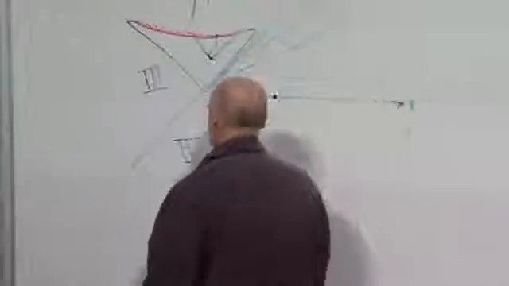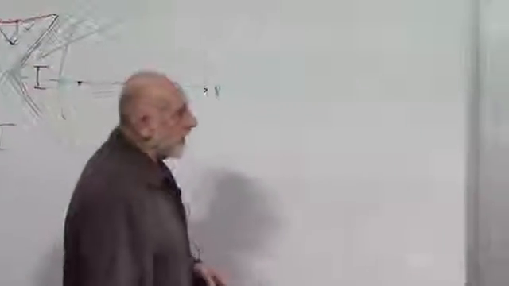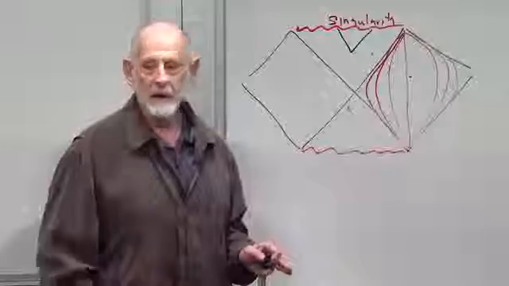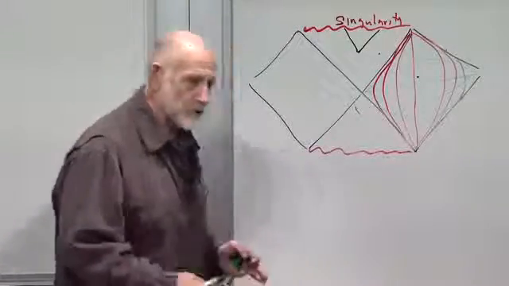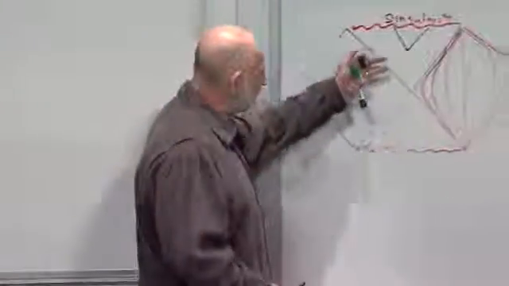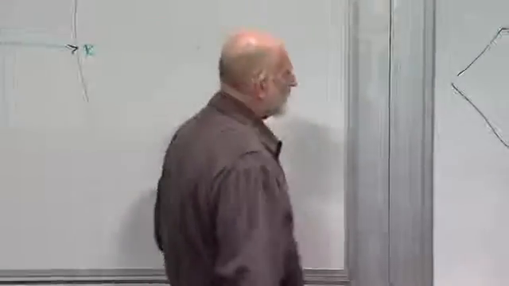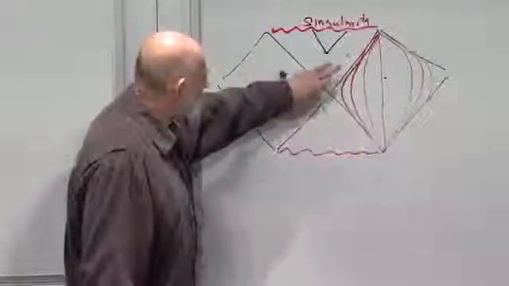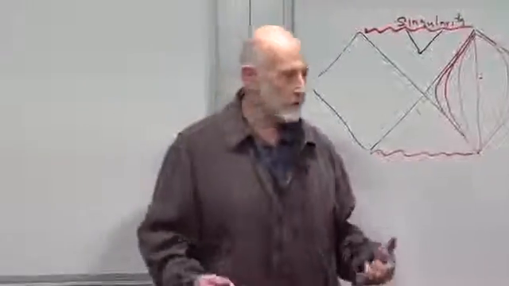That's quadrant 3 and quadrant 4. Quadrant 3 and quadrant 4 have no real meaning for a real physical black hole. As we're going to see, we're going to work out a real physical black hole, but they really have no meaning. They're not really on the diagram of a real black hole. Nevertheless, you can ask what kind of geometry is described by this full, what it's called is the extended Kruskal